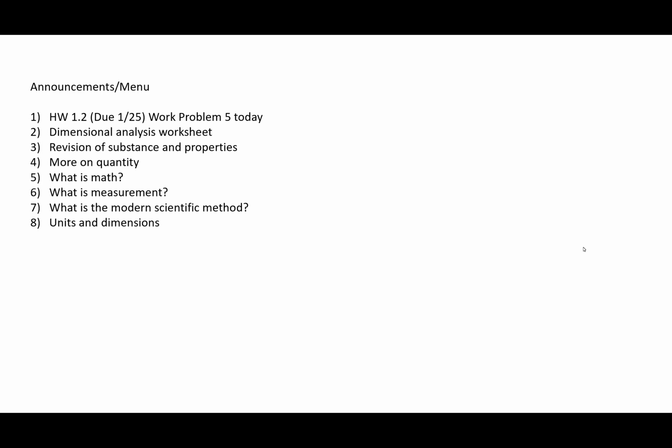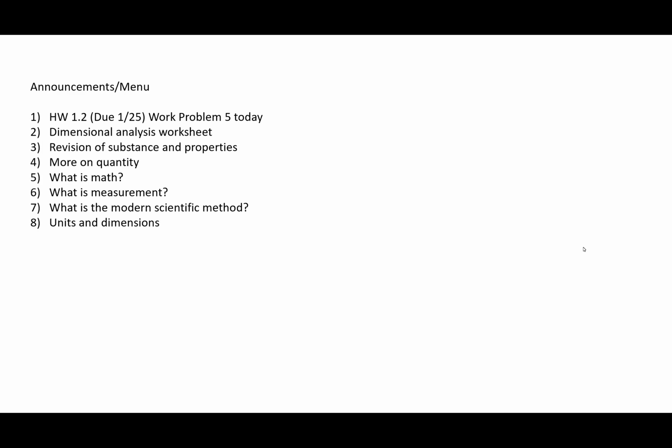So we'll get started with the lecture today. We started looking at the foundational principles of physics, right? That things exist and things change. Then we looked at the principle of non-contradiction, and the principle of causality. Then we started looking at mode of existence. We looked at substance and properties, right?